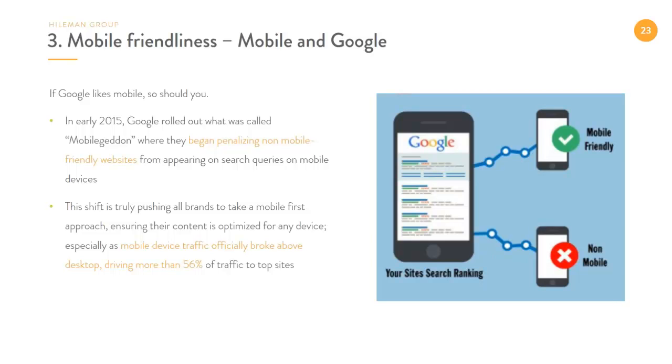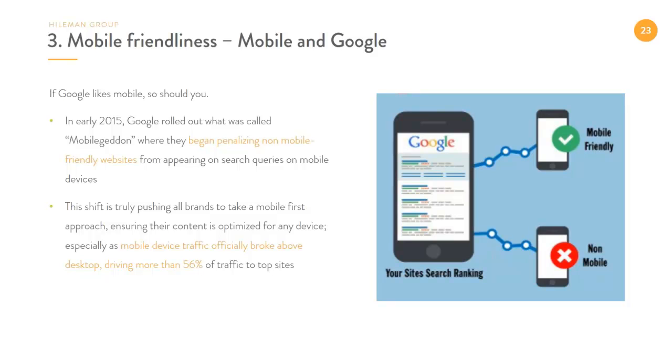From a search perspective, we've probably all heard of mobilegeddon. It happened in 2015, just about 2 years ago, where Google rolled out one of the last of their large algorithm changes. Recently, they've been smaller tweaks or finesses, but this one began to penalize on mobile searches. If you're on your mobile device doing a search on Google, and a website was non-mobile optimized or wasn't responsively coded, Google would penalize your search results. So if you did not have a mobile optimized site, you weren't showing up when people were searching on their mobile phone. That is a huge impact, and it continues to make a larger and larger impact as